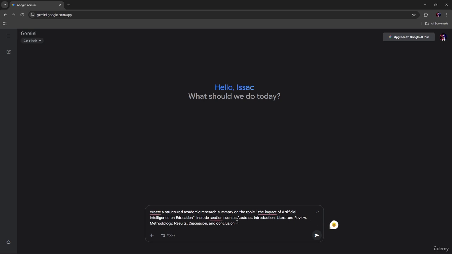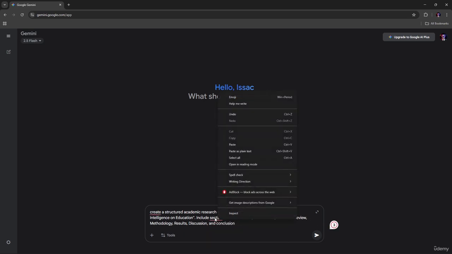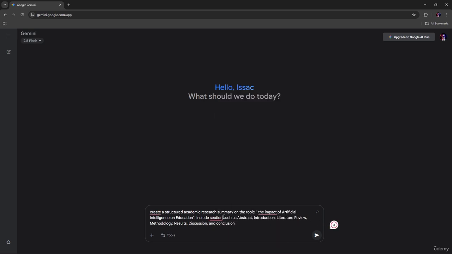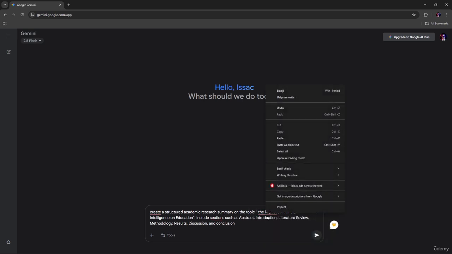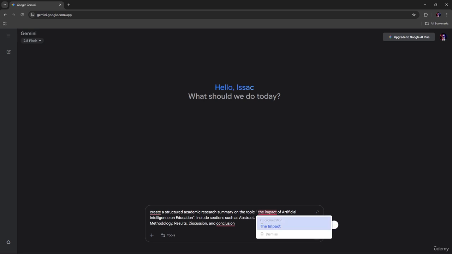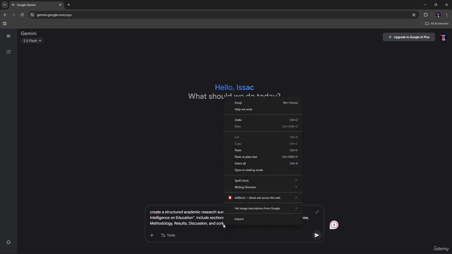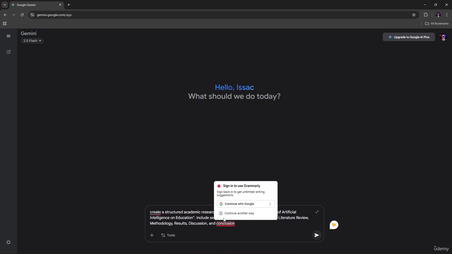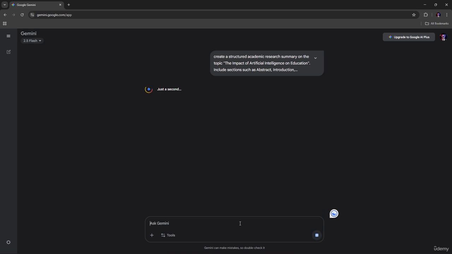Now if I press enter, Gemini will generate a well organized research structure with